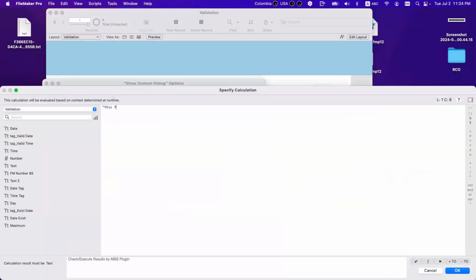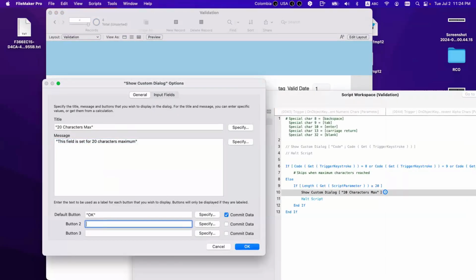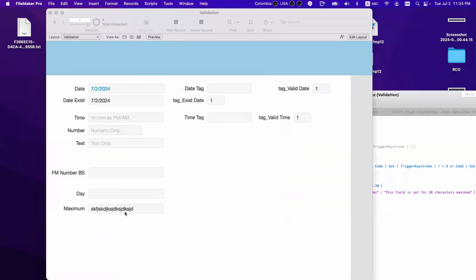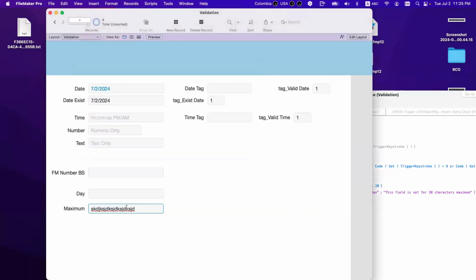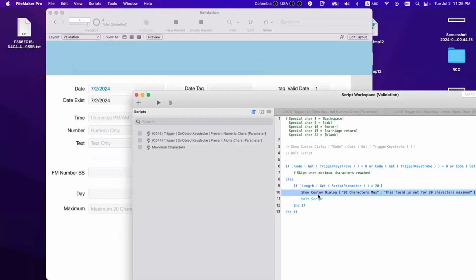This field is set for 20 characters maximum. If you want, you can have a nice message like this. And you remove the commits. So now you have the option to do this as well. Boom. So you're good, you have this optional.